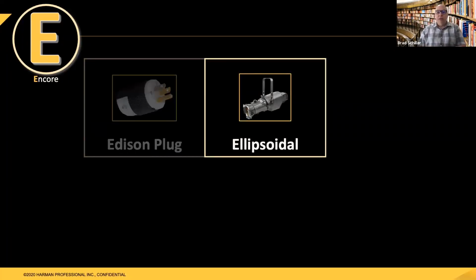Ellipsoidal is a type of fixture that's kind of interesting because it's changed over time. An ellipsoidal was originally named because of the reflector that was placed in the light. This is a hard edge type light, and it had an elliptical shaped reflector that the lamp pushed through the center, and it reflected the light into an optical system, still does, I should say, with at least one lens.